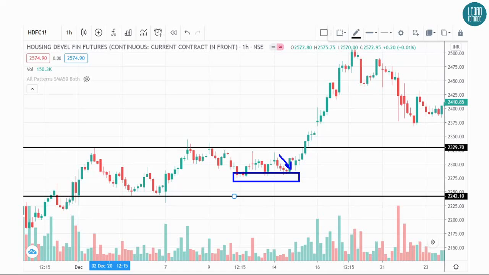Whenever price is moving towards downside, volumes are very low. Look at this, whenever price is moving towards downside, volumes are very low when compared to this point when price is slowly moving towards upside. Look at the increase in the volume. A basic price action rule is when price is moving up and volumes are also increasing, this is a sign